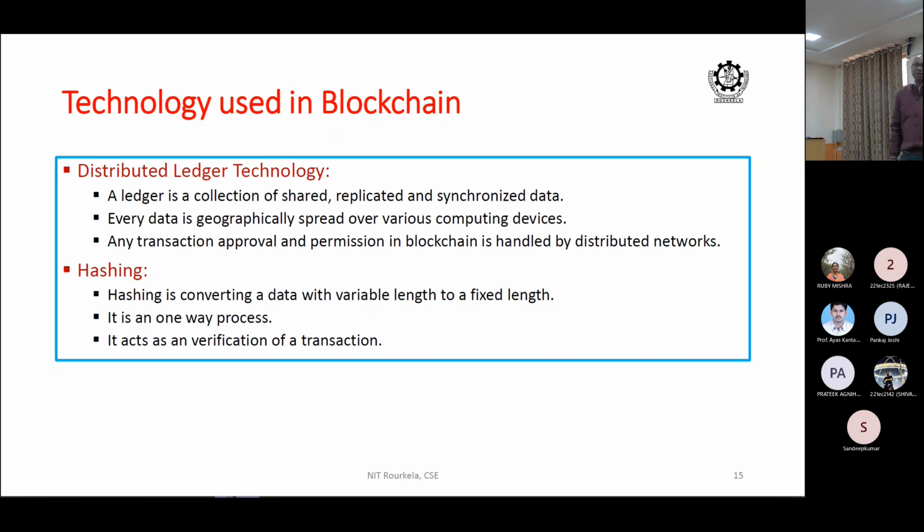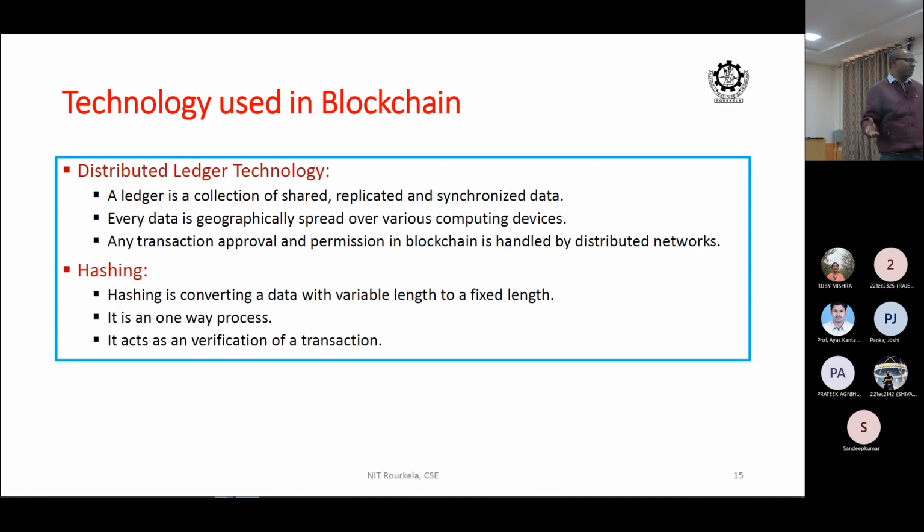Then it uses another mechanism, a technical one. Hashing is converting data of variable length to a fixed length. Look at how we obtain data: all data is in a different format, and lengths are also different. Then it uses a mechanism called hashing on the variable data. Once you hash data, it generates data of a fixed value.